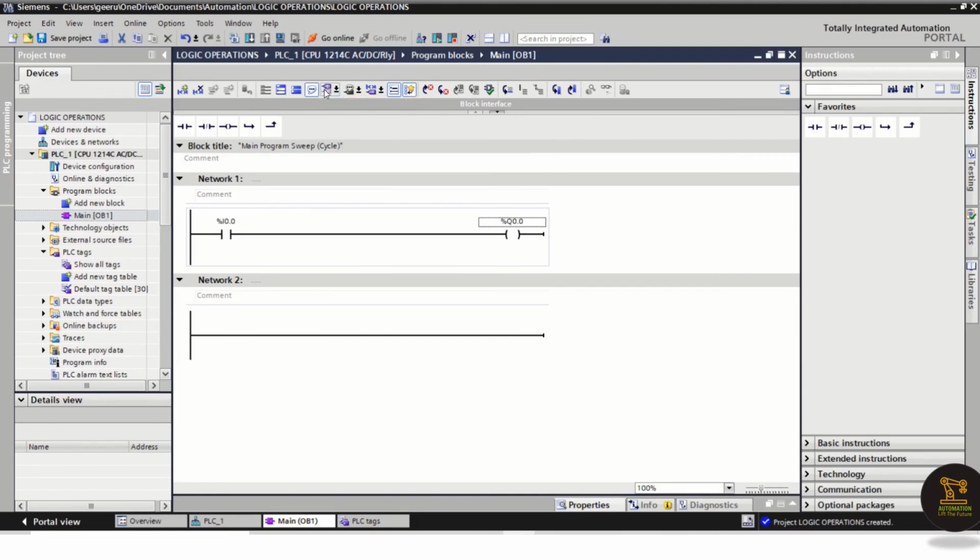Suppose you are an expert now, you can program with addresses only, but this is a very difficult thing to remember. For example, assume there are 1000 inputs. If I say I200.0, what is I200.0? You can say this is an input, but you cannot say which sensor or which switch this input is connected to by knowing the address.